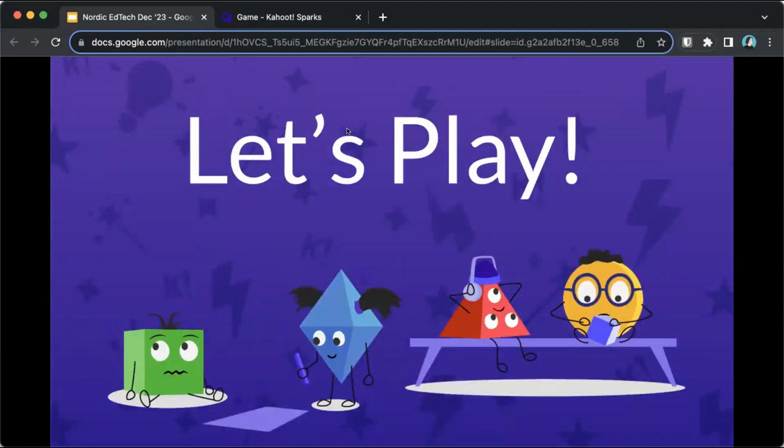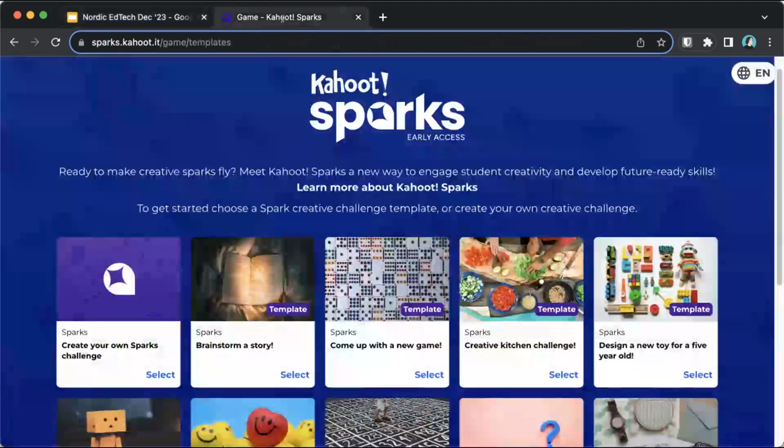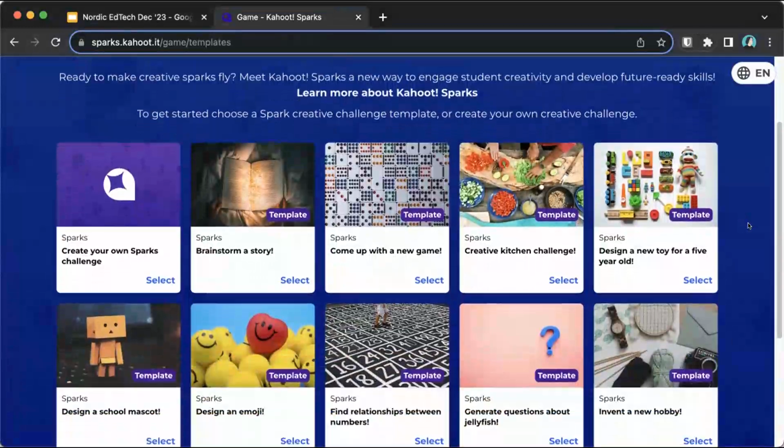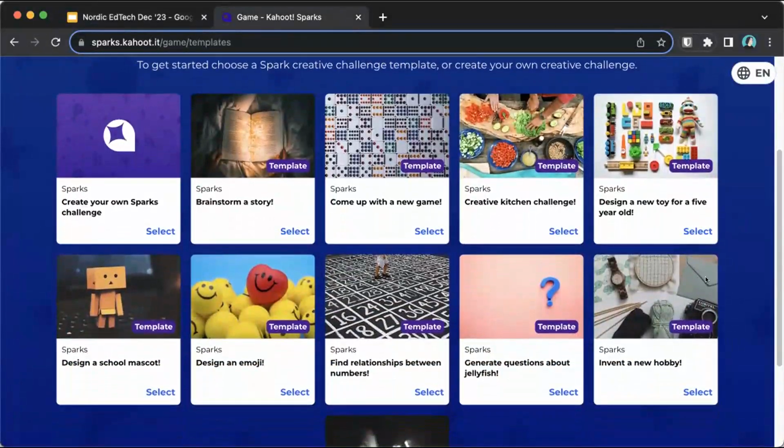Okay, let's see if we can try one. So here is what the main page of Kahoot Sparks looks like. What we really hope is that teachers will create their own Spark challenges. But of course, we do have a set of ready-made example templates here. So I'm going to choose